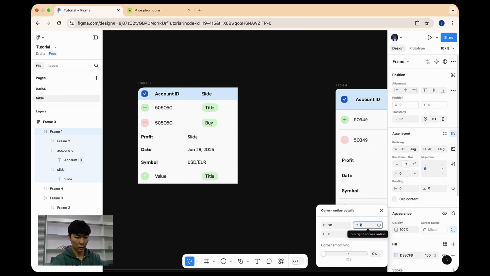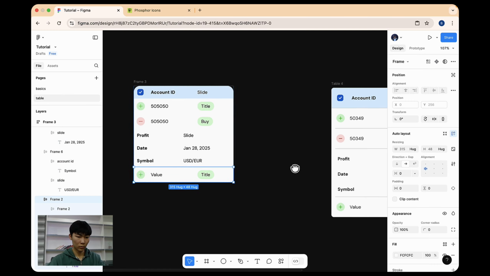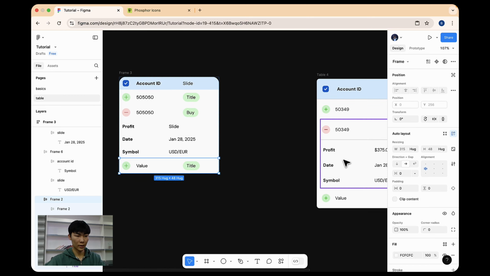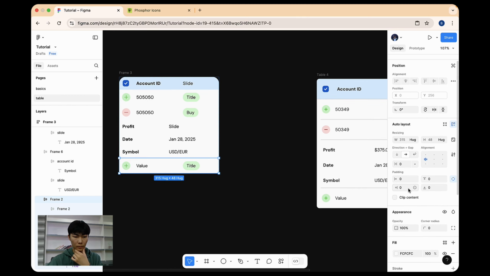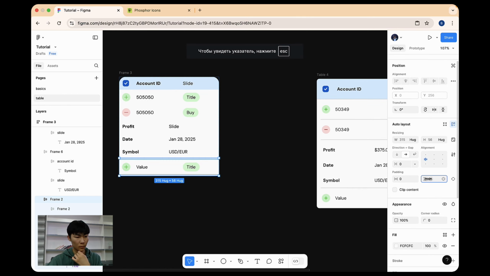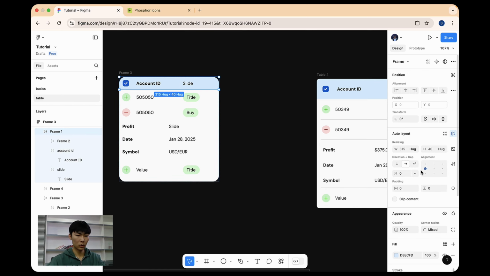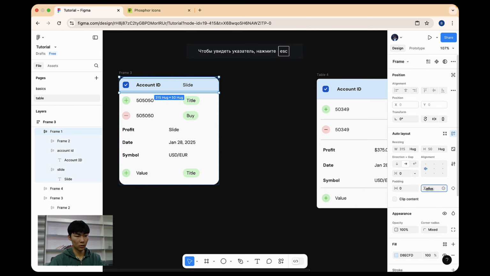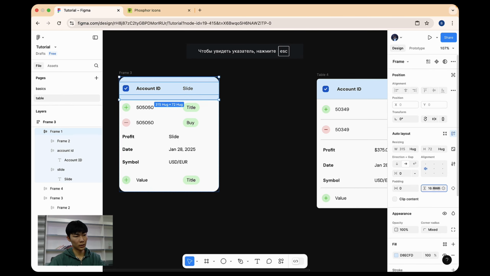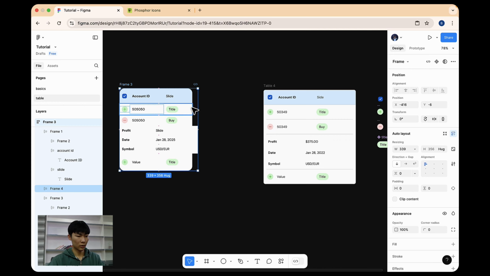And that's also gonna be 20 pixels. And for this one, I also wanna add, first of all, some padding like this, then add 20 corner radius, like 20, 20 for this one as well. We can add some padding on both sides, top and bottom. I think it looks pretty similar, so we can create them like fill, then fill the container,